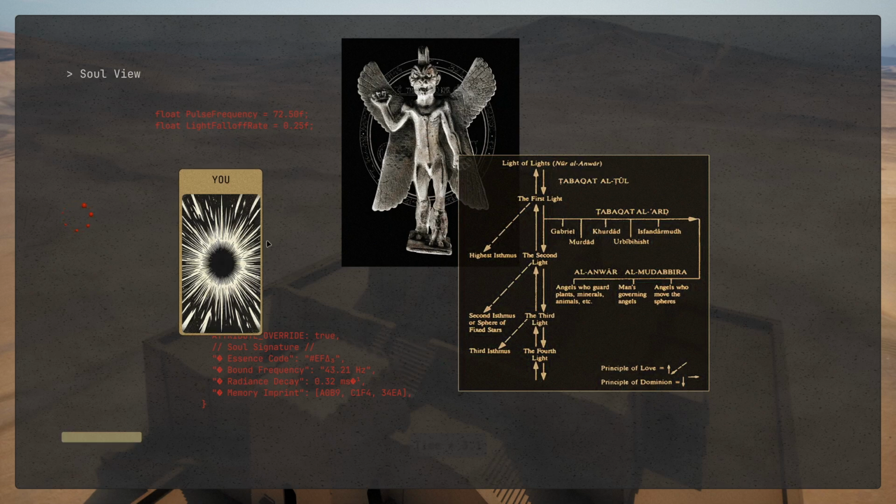So this is your soul. As a player, you have a soul, and your soul wanders around these agents, takes them over, and can do things in the world, but in the background you have a soul. Soul view allows you to see what exists in your soul, at least the representation of it, or somewhat